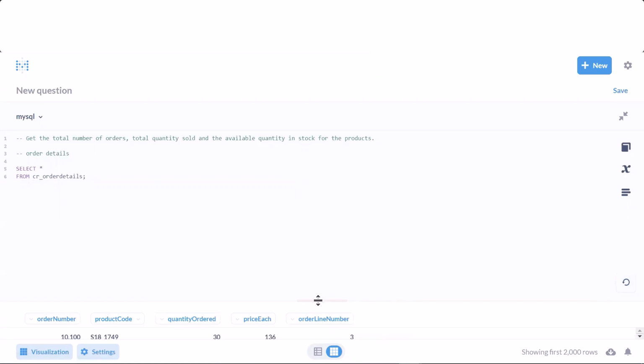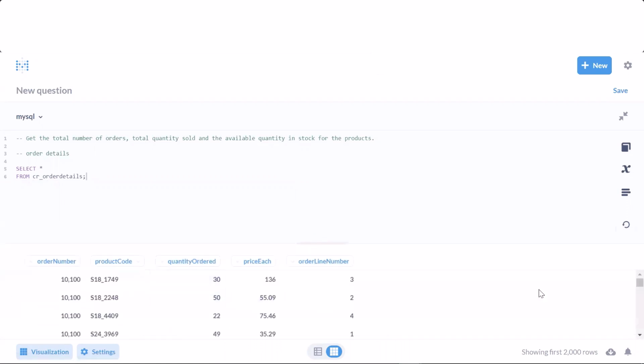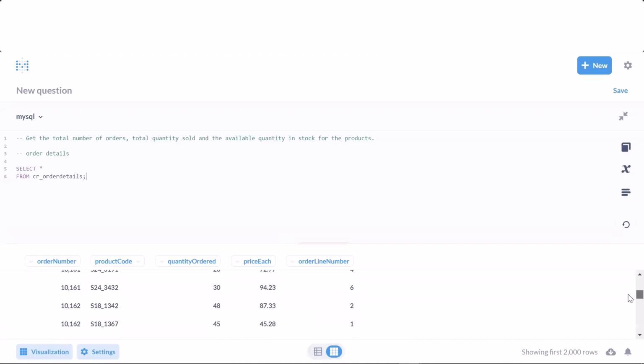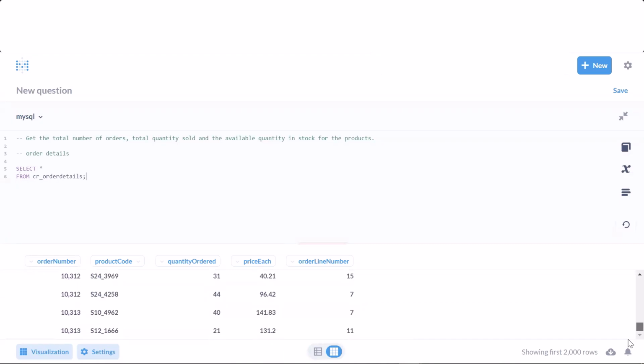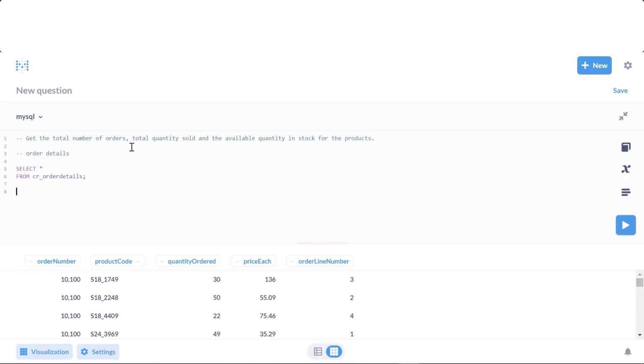As we can see, we have all these columns: order number, product code, the quantity ordered, the price of each, and the order line number. Now let us write the query to get the total number of orders and the total quantity sold. So how can we get that? We need to group by the product code. So for that, the query will be